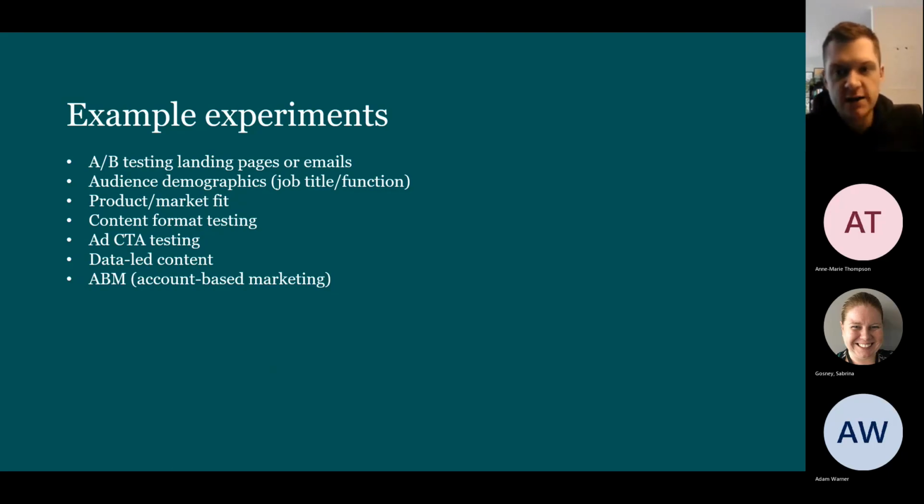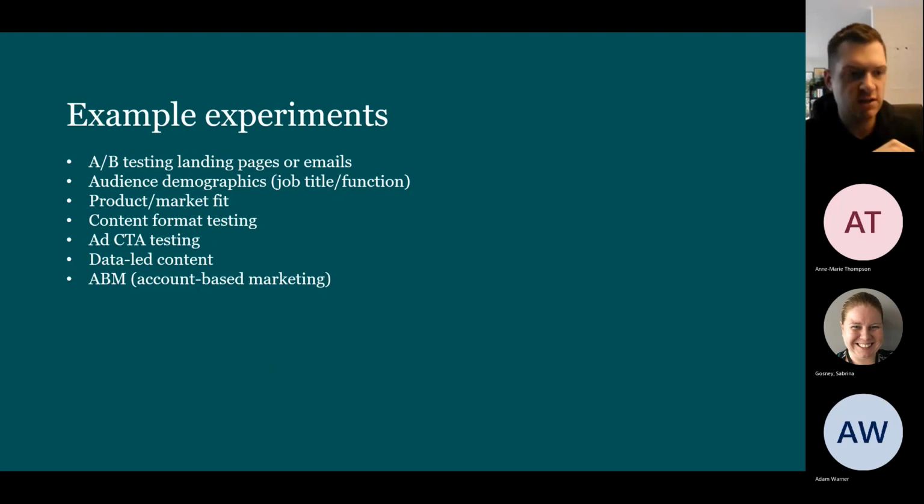Actually, solution X, is it relevant for the retail audience, or is it better fitted to hospitality or professional services? We can test content format. So like I said earlier, being able to slice down enables us to understand which audience and which content formats go hand in hand. You might find that short emails are better for C-suite, but actually ebooks and reports are much better for middle managers, IT managers, and that sort of audience.